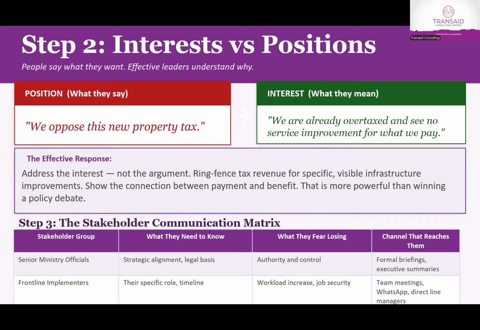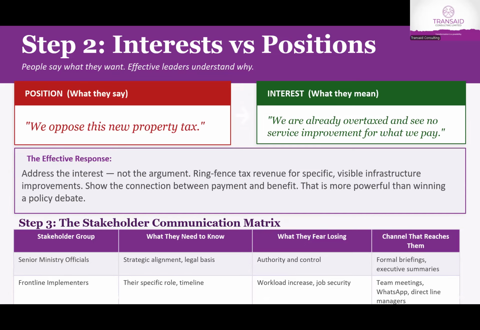Step 3, the stakeholder communication metrics. Remember, I said that you will not treat all of them as one size fits all. And if they are different, you need to monitor some closely, manage some closely, keep some informed. You also know that the way you communicate to them will differ. Remember, for one category, you just inform them about milestones. When you have done something, you say, we are at this milestone now, and you inform them. So I just use this as an example.